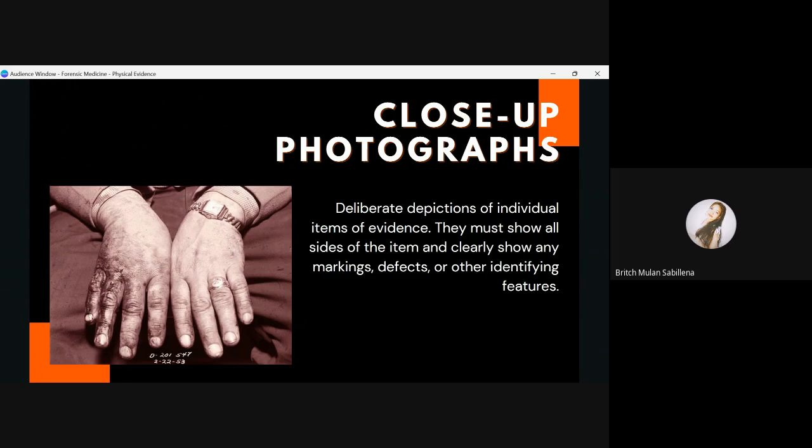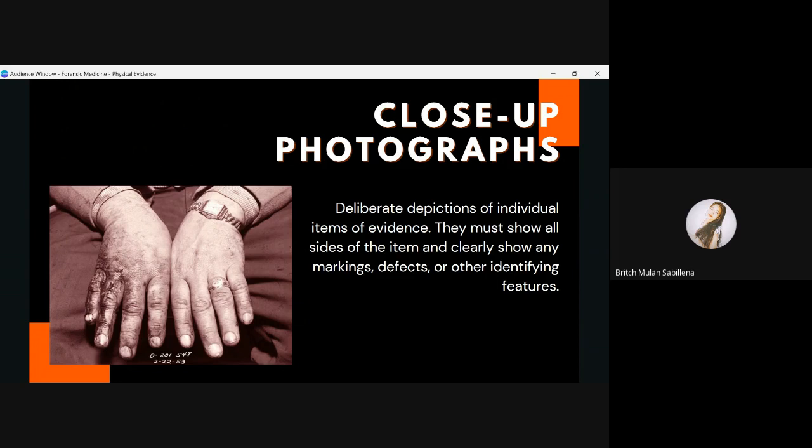To take a close-up photograph of an item of evidence, the camera should be positioned as close to the item as possible, while still allowing all sides of the item to be visible in the photograph. The photograph should be focused on the item to ensure that all markings, defects, or other identifying features are clear and visible. Close-up photographs are especially important in cases where the evidence is small or intricate, such as fingerprints, fibers,